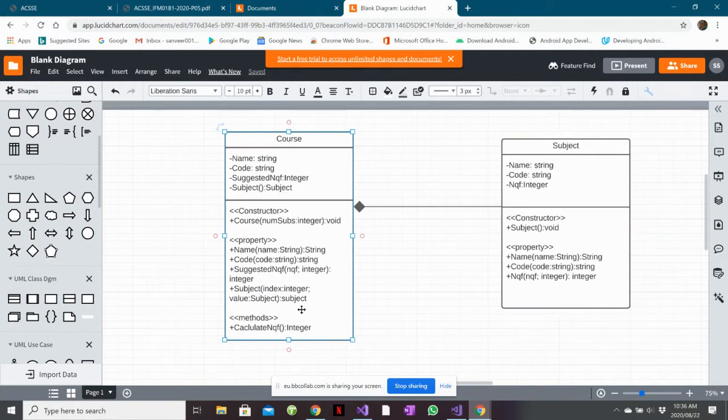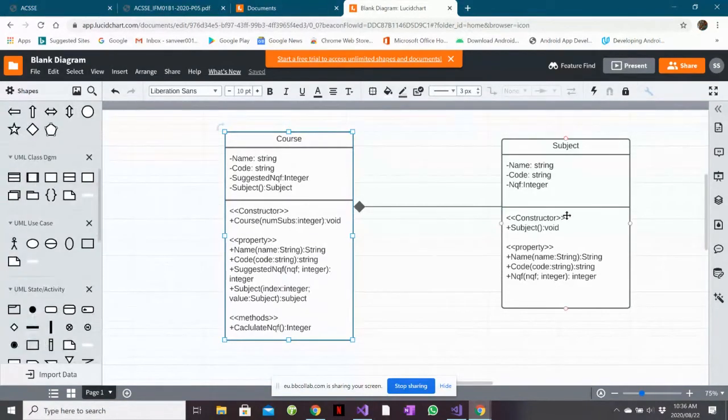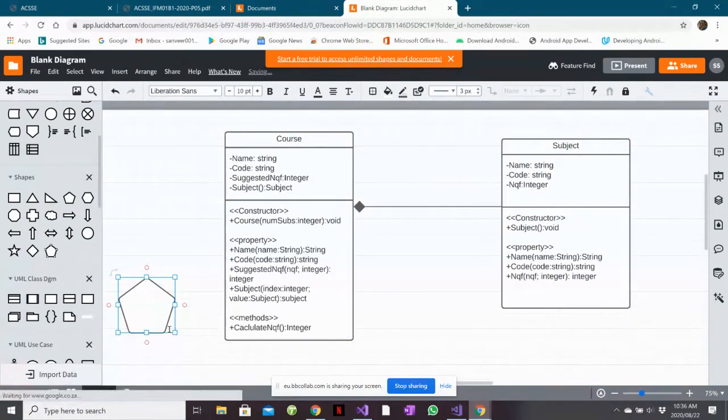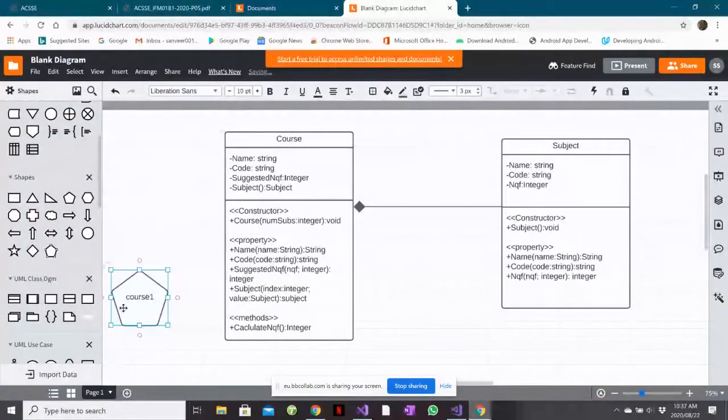The same thing applies for subject, and the reason is that in memory, when you call the constructor for subject, or you call the constructor for a course, it takes a little block of memory and calls this one course one. As long as course one exists in memory, the computer can refer to it and get out the values for name and code that are inside here. Those are stored in memory now. So you can get the name, the code, the suggested NQF and the subject